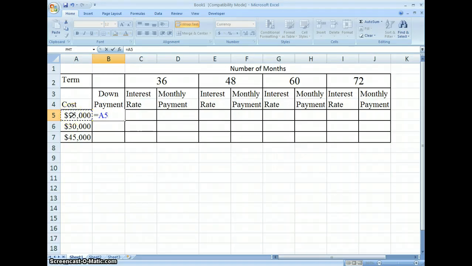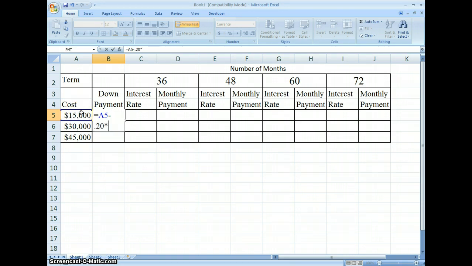See, if I click on A5, Excel types it automatically inside the box. You can see it in blue. Because I'm giving a down payment, the cost is going to be less. That's why I put a subtraction sign. And now I'm going to type 0.20, which is 20% as a decimal,